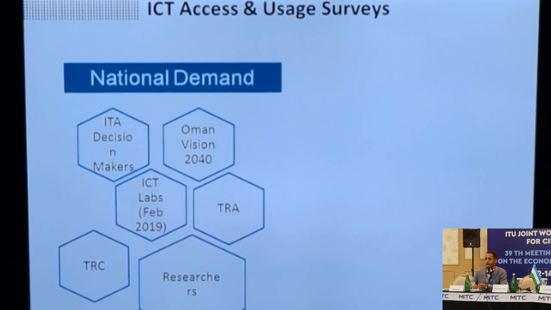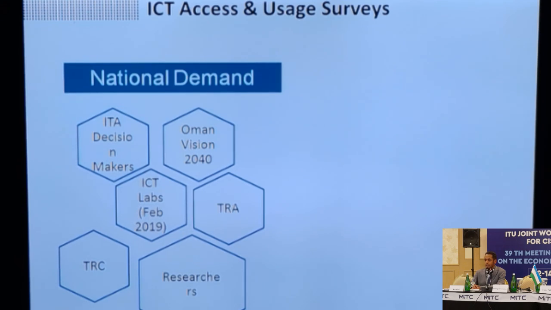ICT labs will be held this month. These labs will be for the formulation of new strategies, especially for ICT in Oman. We also have a demand from the TRA, the Telecommunications Regulatory Authority, our close partner in the sector. Also the TRC,